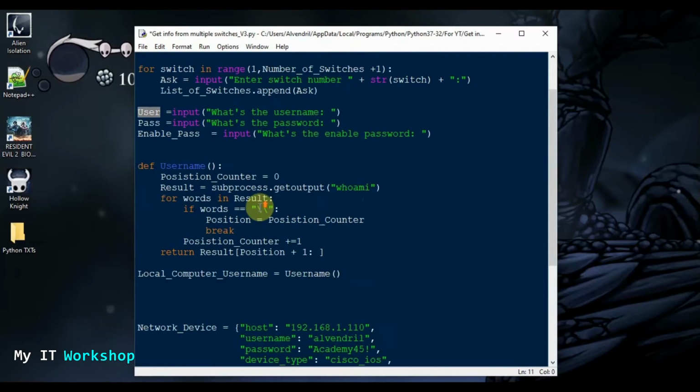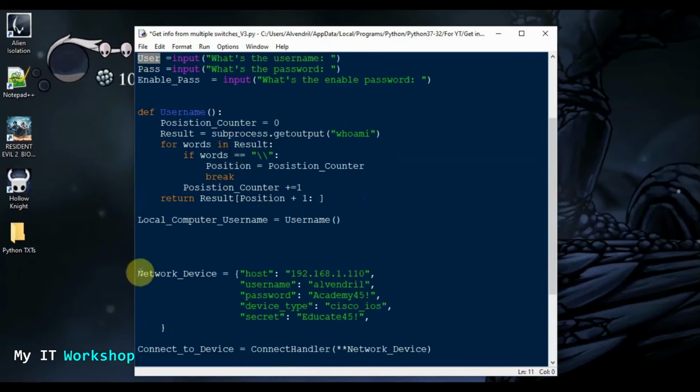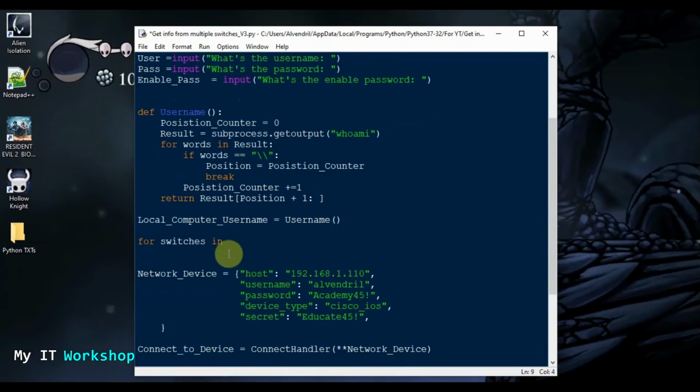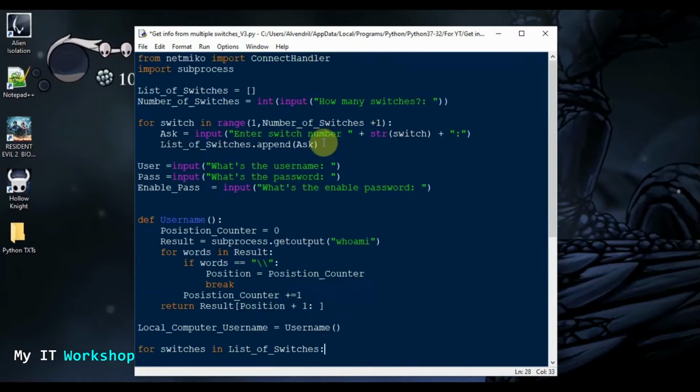So host is going to be, what's going to be the host? Well, which one of my variables is going to be switches? A list of switches. Oh, I need a for, of course. I'm forgetting about that. Local computer username, that's not very important. Well, actually it is. For switch in list of switches. Here's my list of switches over here. So once I have this, the names of the switches that we were asking over here, and now it's saved in the list of switches,